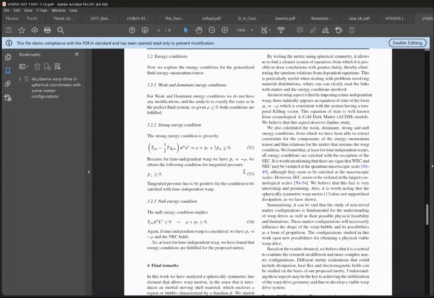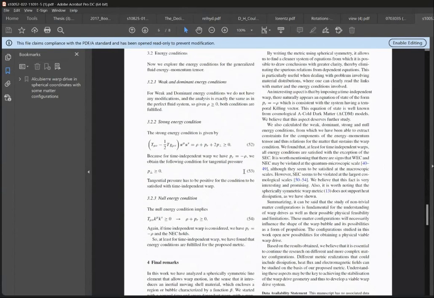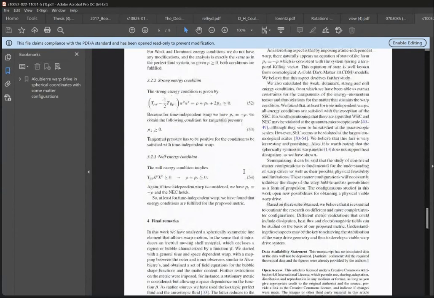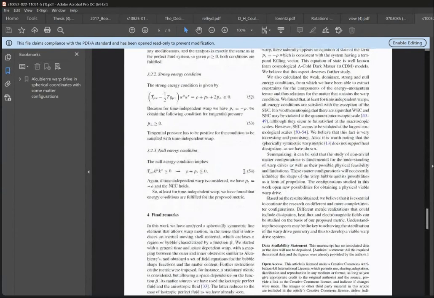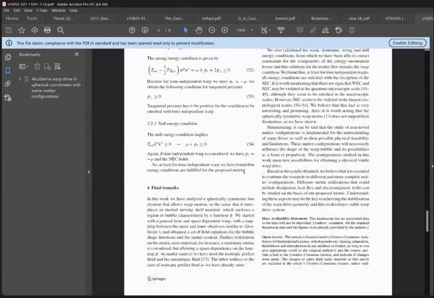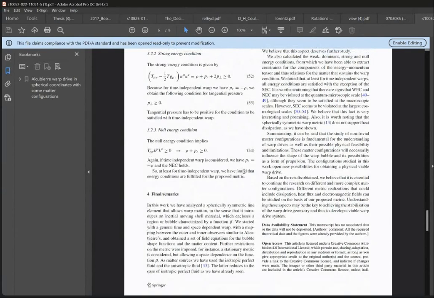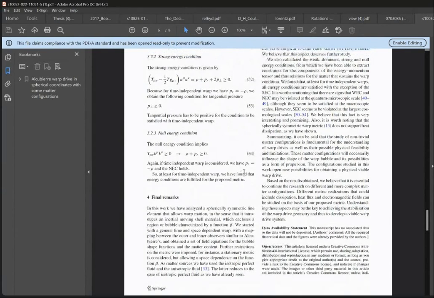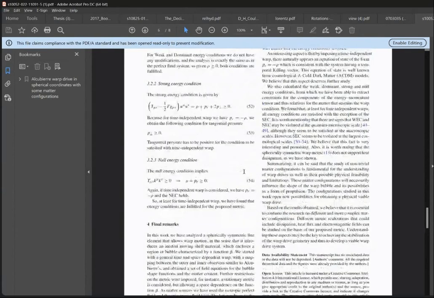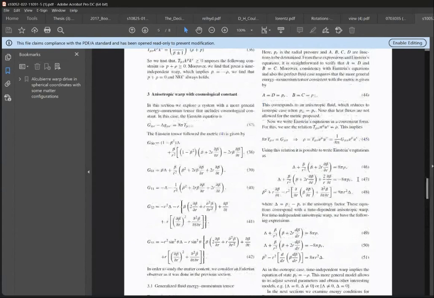And the null energy conditions are also implied in the system, including the radial pressure and not the tangential pressure. We want to remark that in the paper. So the basic idea, if I have to summarize, the whole point of the message that we want to send is that these solutions allow for equations 46, 47, and 48.